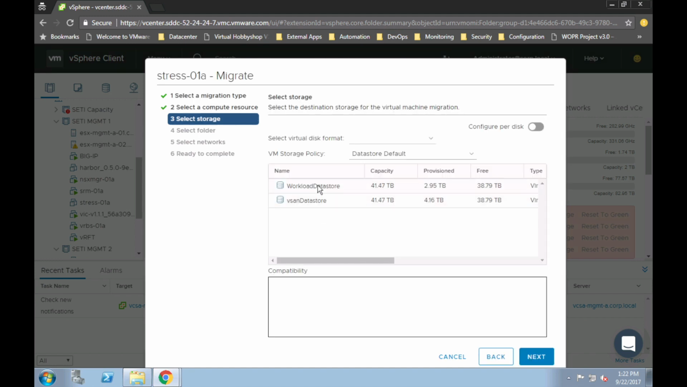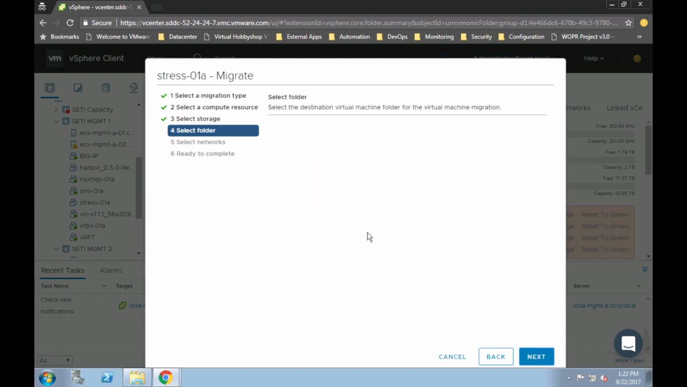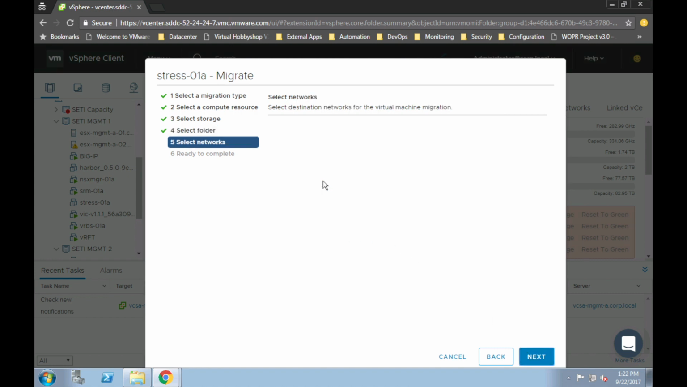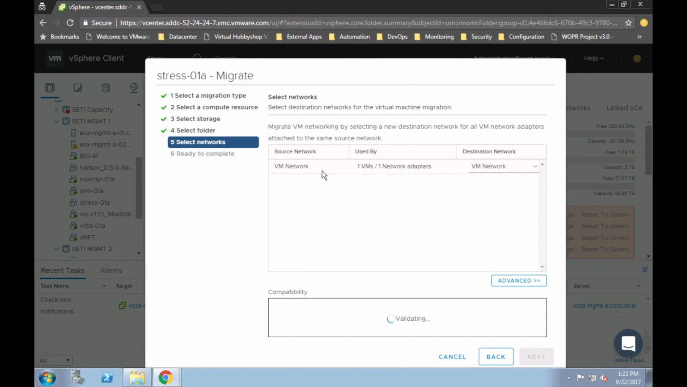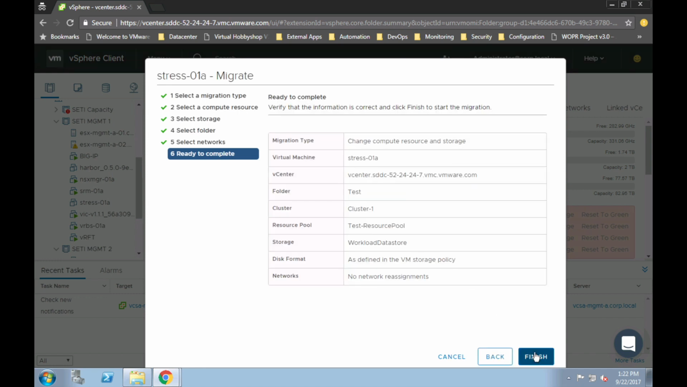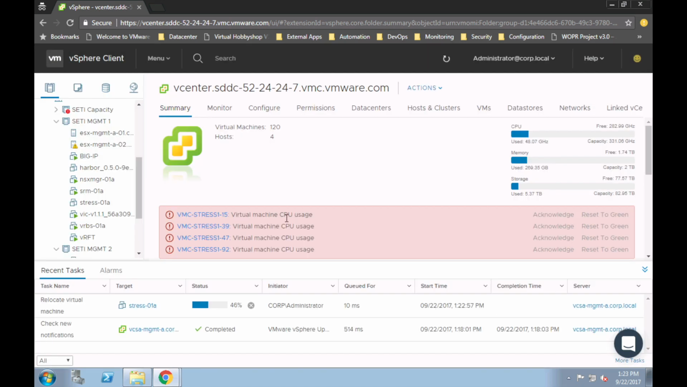And then again, we'll change it and drop into that workload data store. And then we'll just drop it into the workloads test folder. And we'll put it on the VM network. And then we'll just click finish. So then while that's copying, let's go ahead and take a look at some of the other management products as